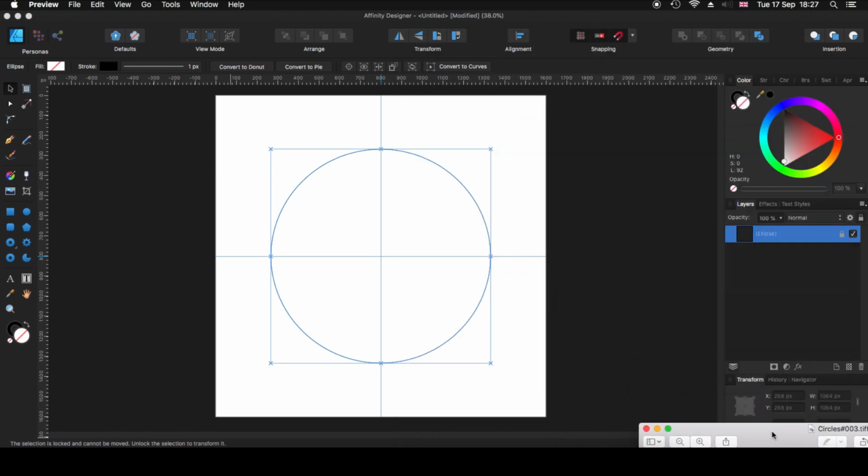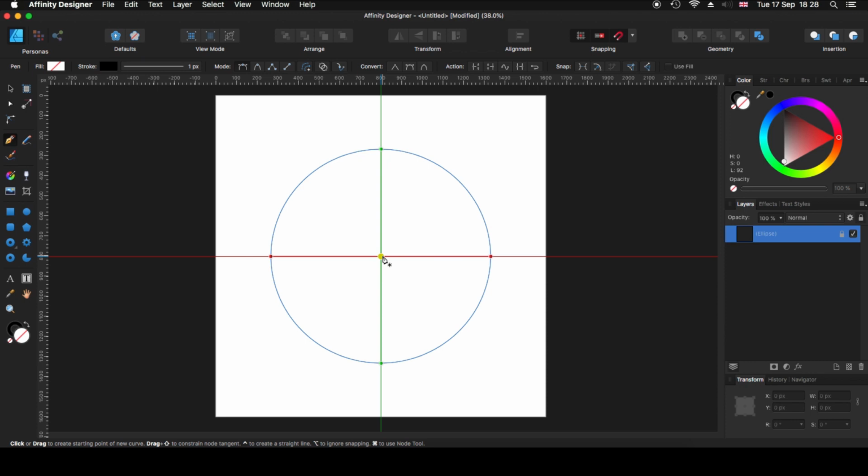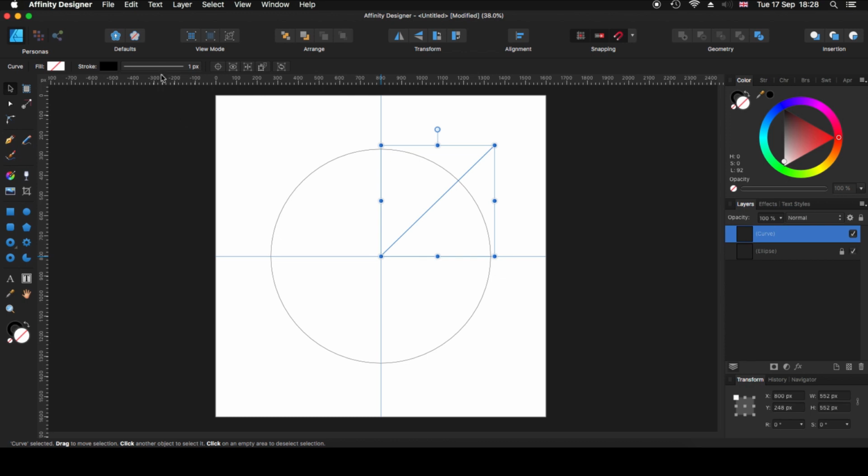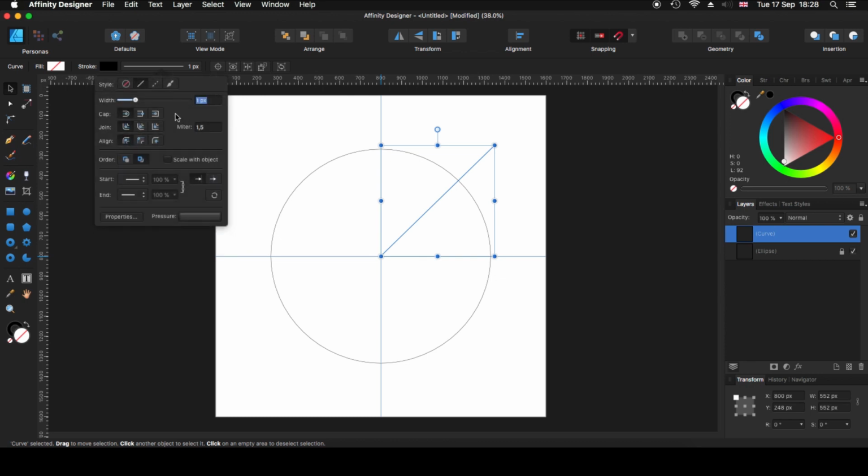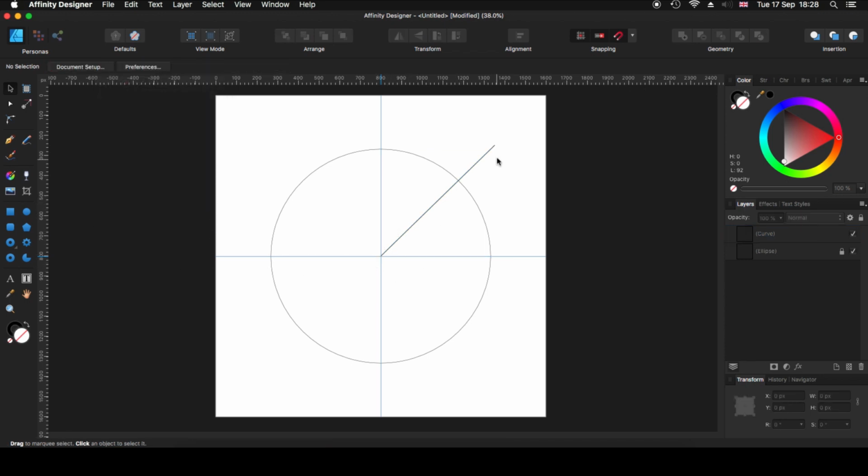So let me move this out of the way. For the lines, we are going to use the pen tool on the center, and I'm going to click in there just to create that line, and I'm going to give it a stroke. Let's make it a little bit more substantial, a stroke of 2. And the other thing is now we need to create those small circles, and I'm not going to create the one that is in there. I'm going to create one somewhere there,